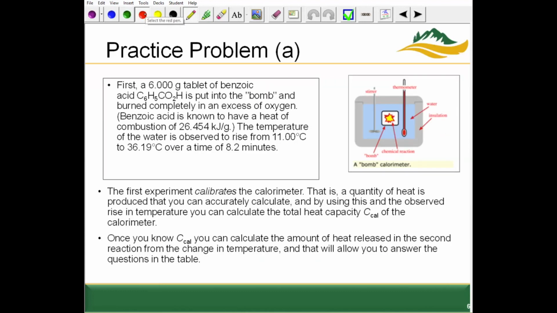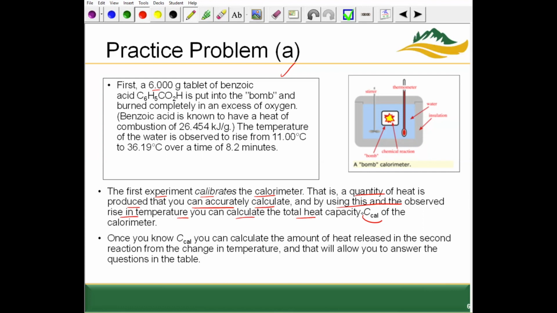So we were told the student did 2 separate experiments. So this was the first experiment in the setup of the problem. This first experiment helps calibrate the calorimeter. That is, a quantity of heat is produced that we can accurately calculate. Then by using this and the observed rise in temperature, we can then calculate the total heat capacity, or C-cal,